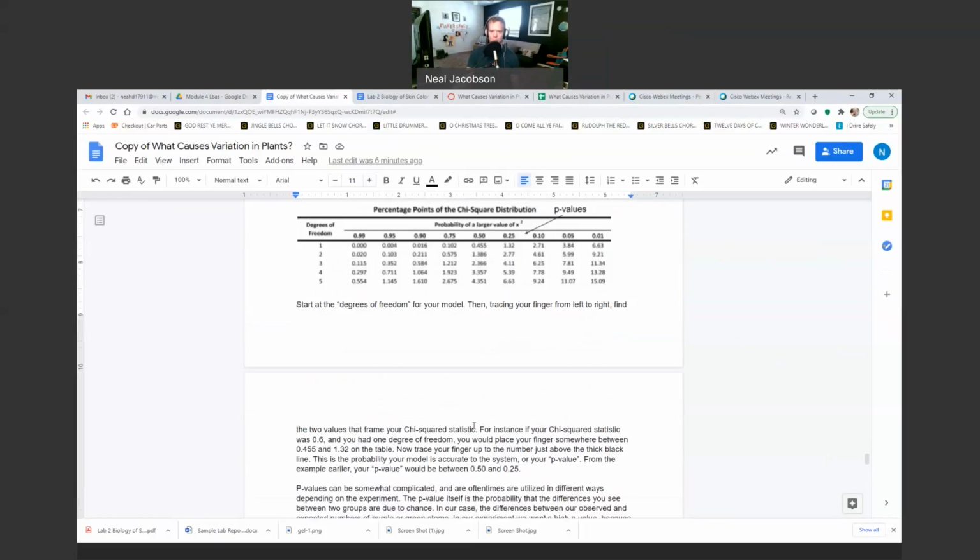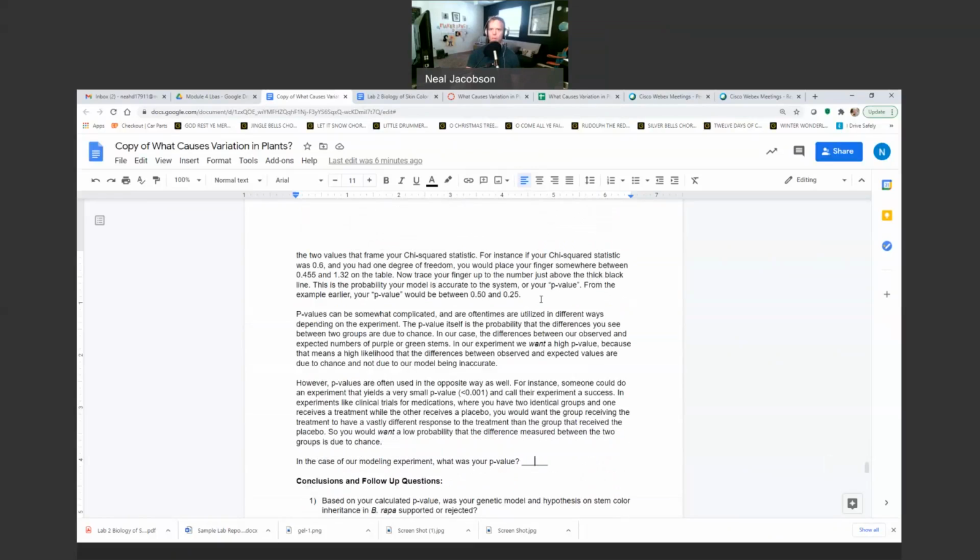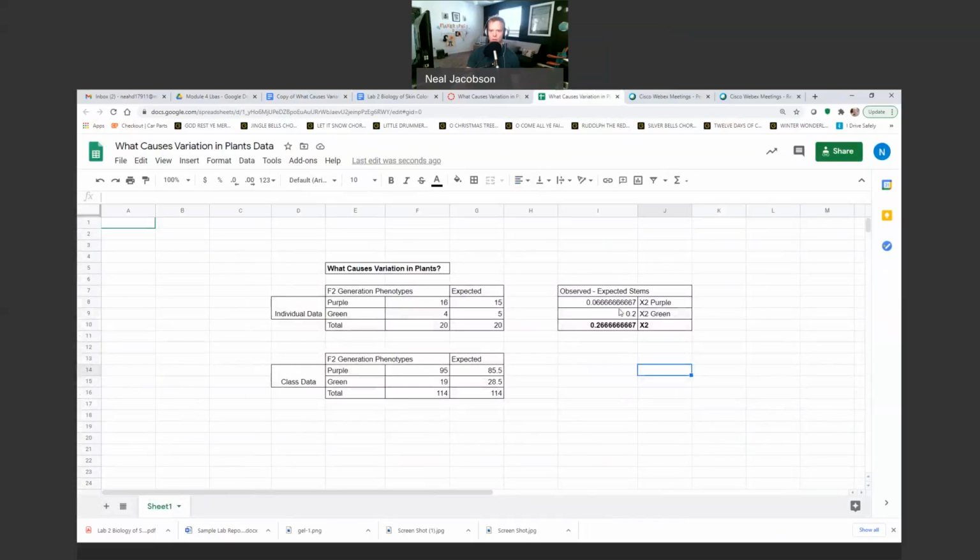So we said it was about 0.6 something, right? But what I'm going to do is come up here and show you how to calculate it here. So let's type in degrees of freedom just so it's labeled on here. And degrees of freedom is 1. We know that. Now we need to figure out what our p-value is. So p-value of individual data, because the individual data is slightly different than the class data. All right, so the p-value of individual data is,